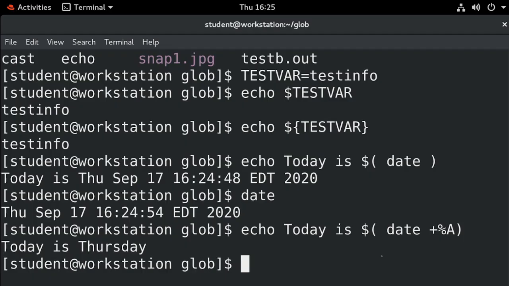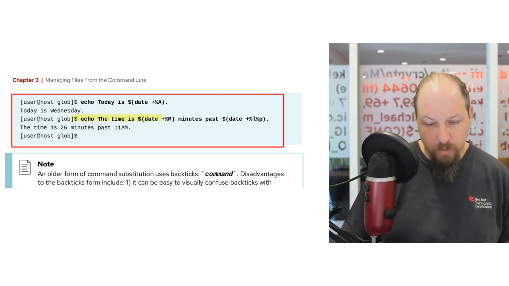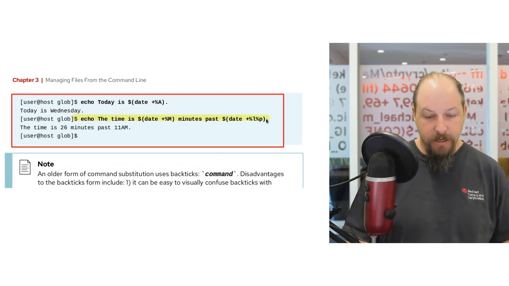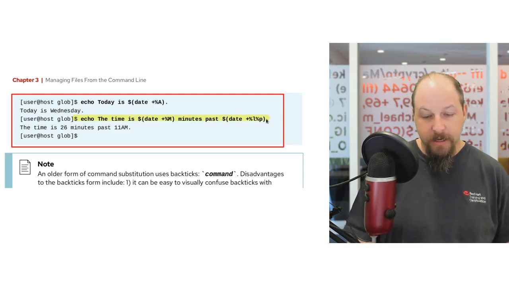Now please be aware, if you're doing this work on a different day in your environment, then certainly you would get different output. And if you're seeing the wrong output for your actual day, then consider that the date and time may not be set correctly on your individual machine. You can verify the correct output by always reviewing the proper output of the date command itself. We can see an additional example of using this type of work included in the instructions here. Here they're using a much more elaborate version of the same type of approach. In this case, using the minutes value extracted out of the same date output, as well as the time in